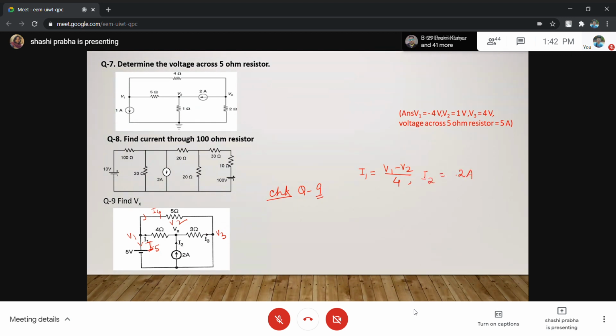Current दिया है तो current source में लेना है. What is I3? I3 is V2 minus V3 upon 3. ठीक है? What is I4? V1 minus V3 upon 5. What is I5? Minus 5 है ना? Current की direction में minus 5 divided by,